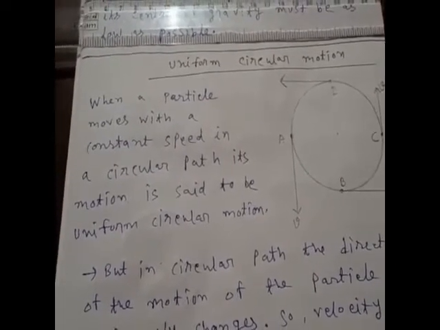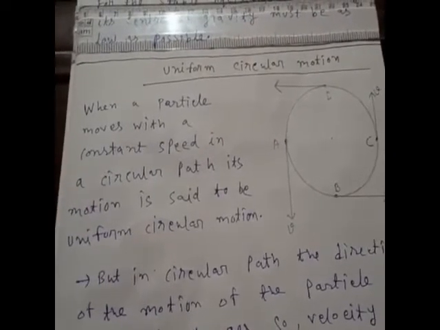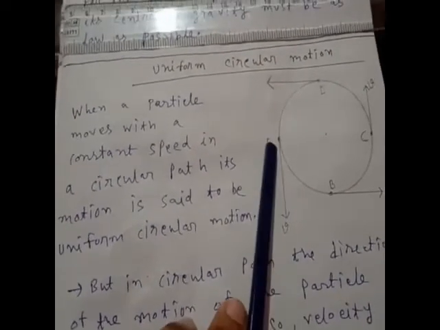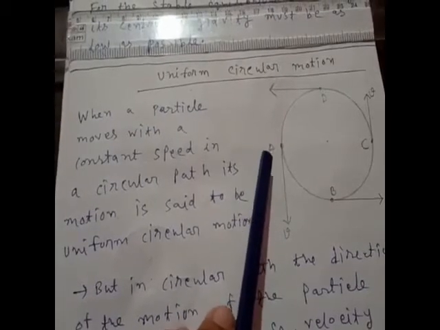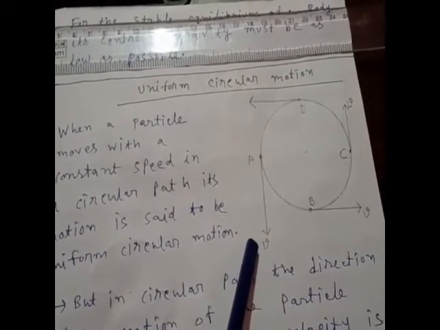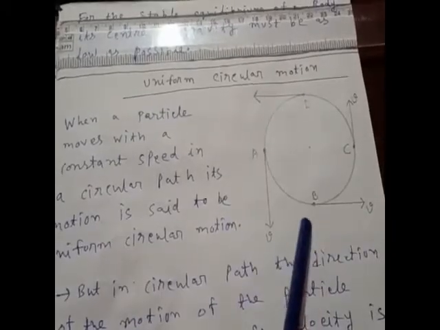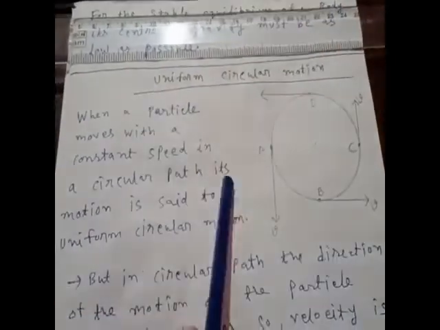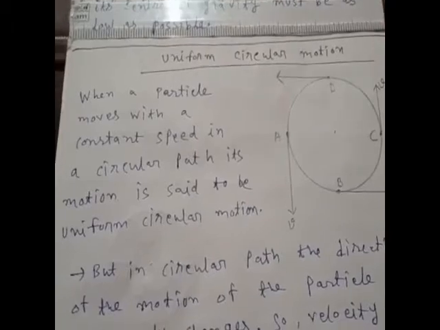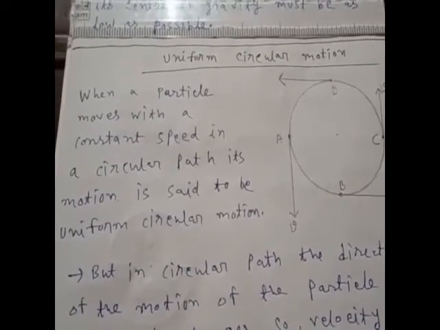But what about the velocity of that particle? Now observe in the picture. Here the velocity of a particle is always along the tangent of that point in that circle. Okay, so the velocity is continuously changing because the direction of motion of the particle continuously changes at